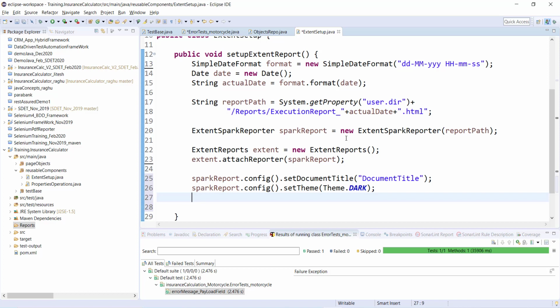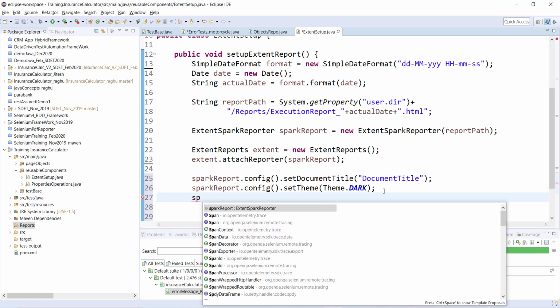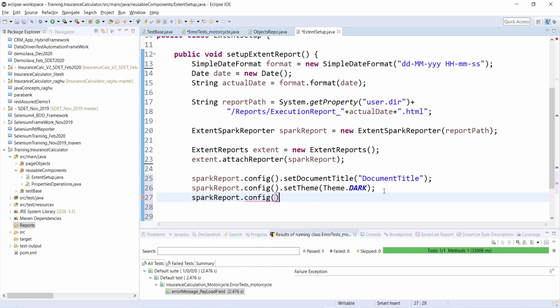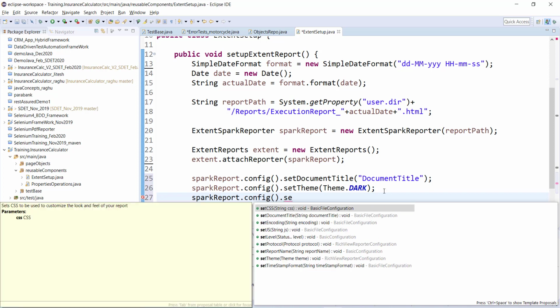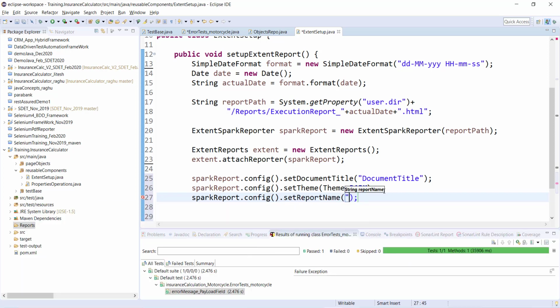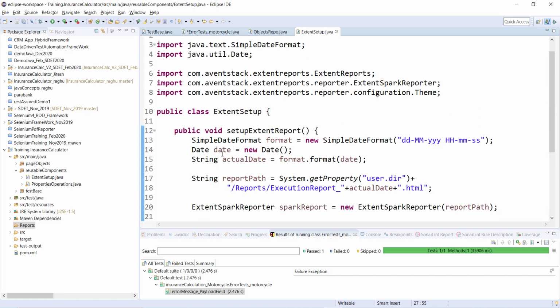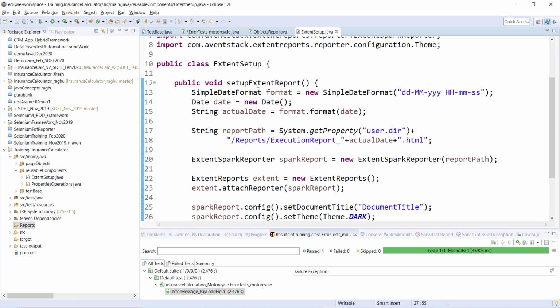Let me try setReportName. For now I will simply put it as report name. We'll see where it is coming. Okay, so now I'm done with my extent report setup.